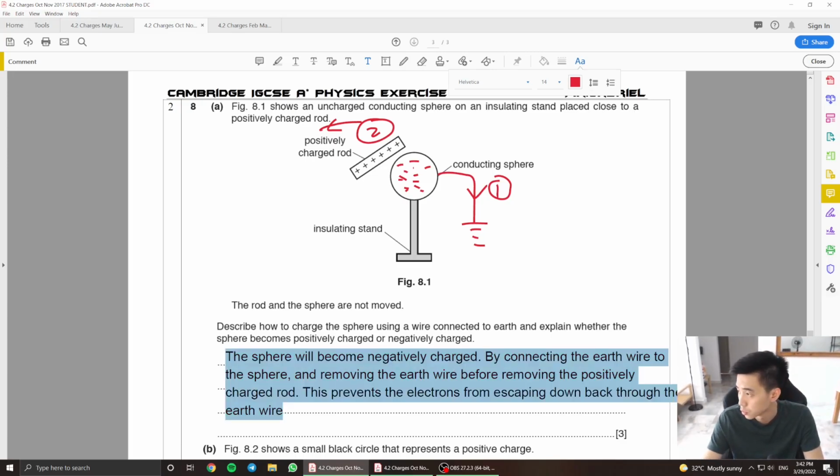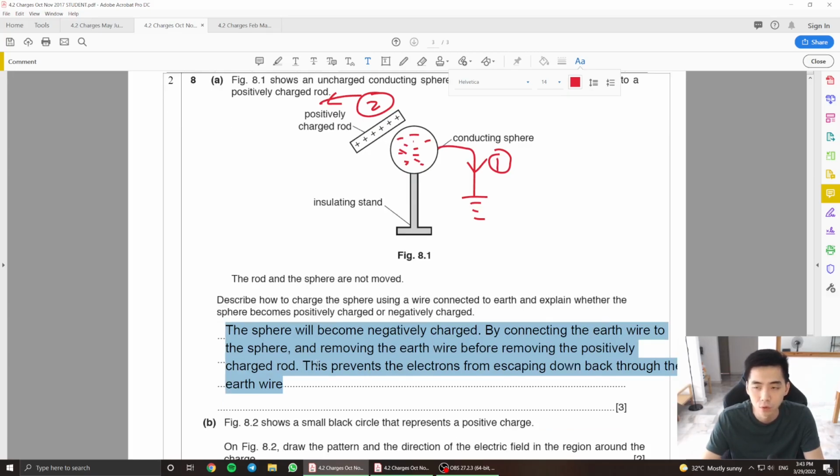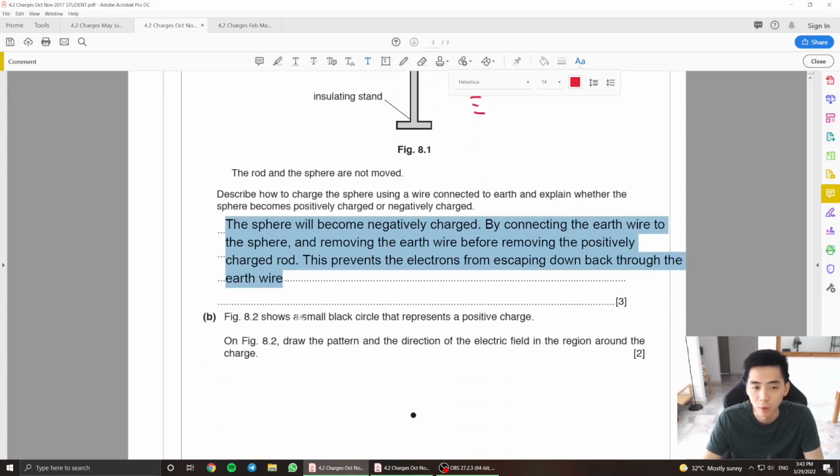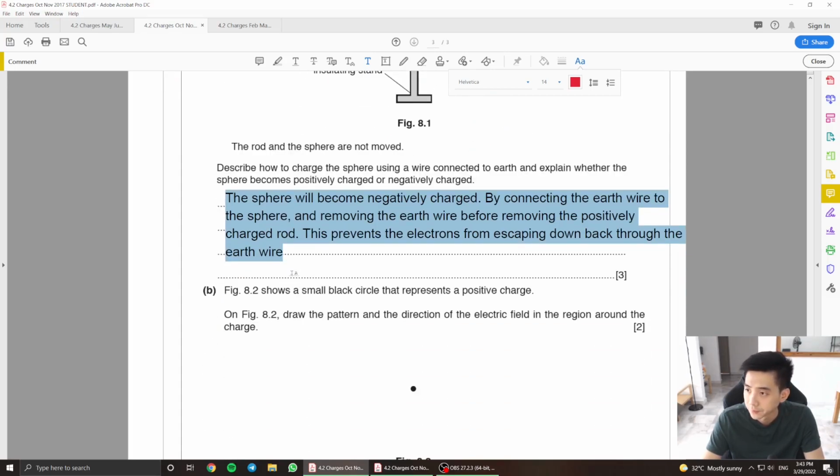Okay, so I was supposed to mention something like this, right? Obviously the sphere will be negatively charged. By connecting the earth wire to the sphere and removing the earth wire before removing the positively charged rod, this prevents the electrons from escaping back down through the earth wire here. Okay,